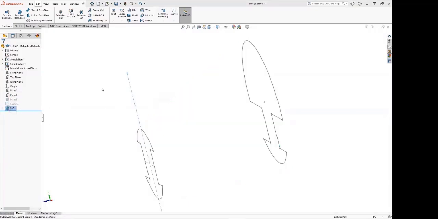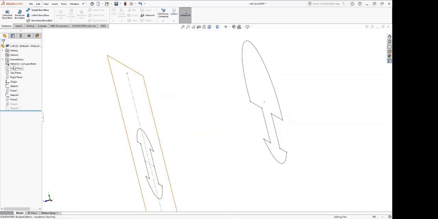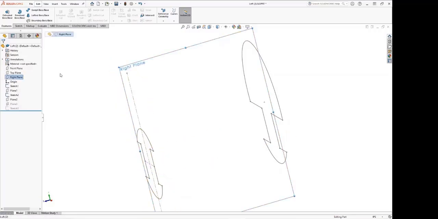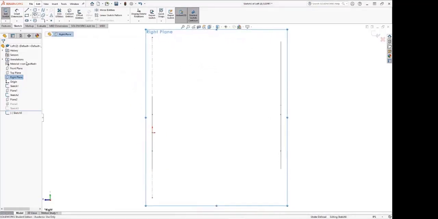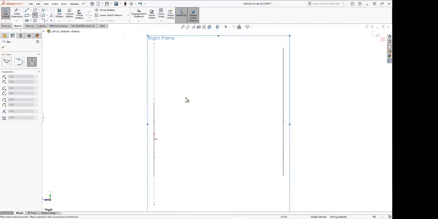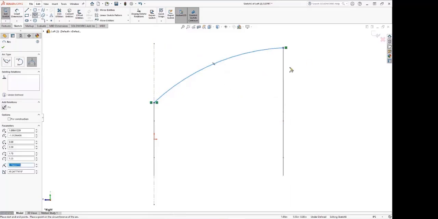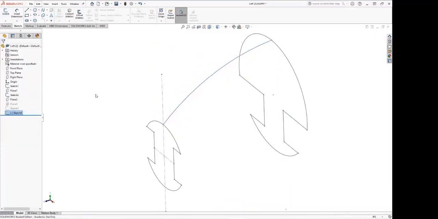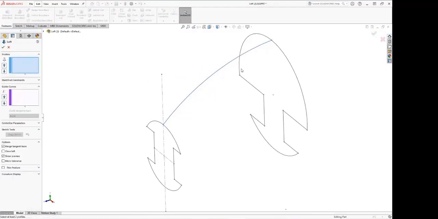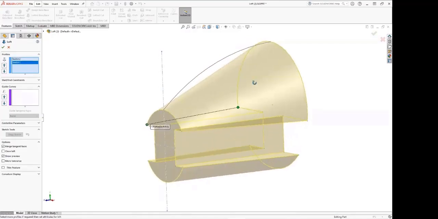Move on. Okay, so maybe I could try, I don't know whether I can make another sketch here, make it normal 2. Maybe I could add an arc. This guy, I'm not doing it precisely, I'm just roughing it and doing it like an arc here. I don't add any dimensions or anything. And the features, loft, and I do the same thing here, this and that, show the preview, and then this